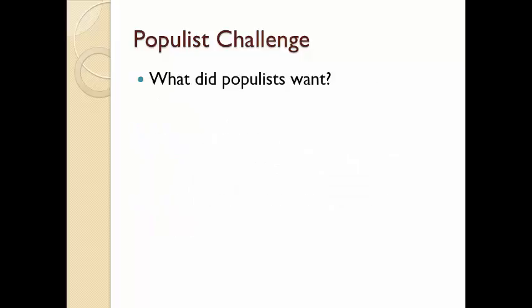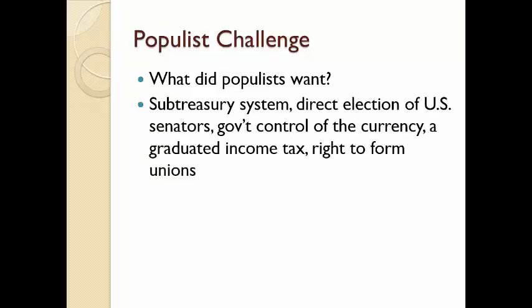Now, what were the sort of things that the populists were fighting for? Well, they had a whole laundry list of things they would like to see happen. Number one, they wanted what they called a Subtreasury system. And this was essentially having loans for them backed up by the federal government. They wanted to use their crops as collateral for loans when times were bad. The idea was if crop prices fell, instead of having to sell them on the market for a reduced price, they could go to the government and say, we need a loan, here, take these crops as collateral. And so the federal government would essentially be underwriting these loans to farmers during bad times,